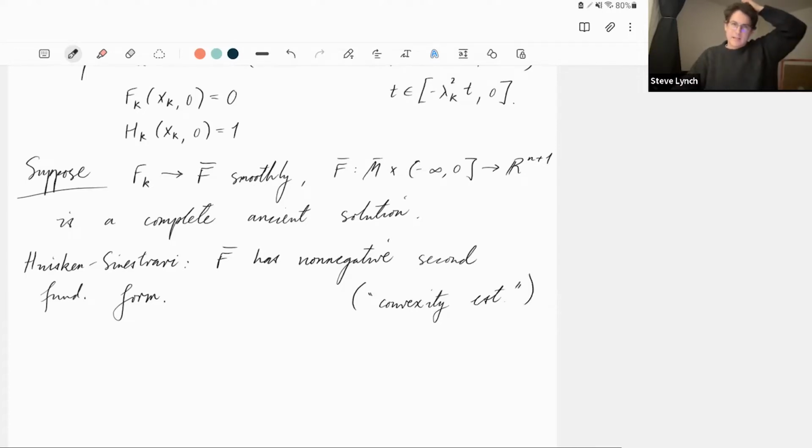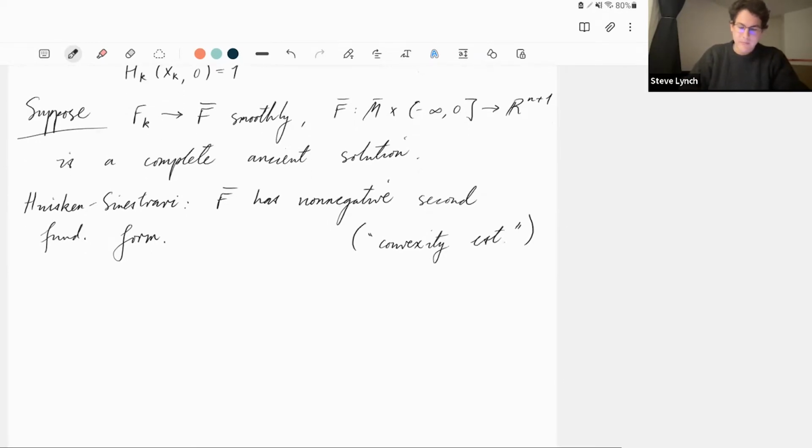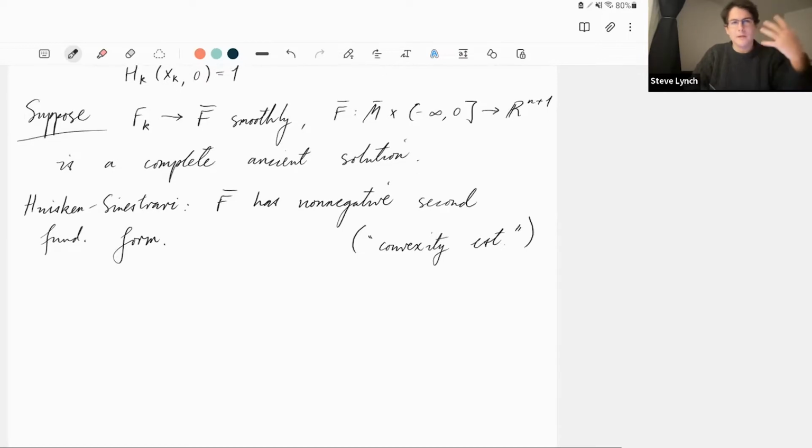But notice it doesn't quite tell us yet that our blow-up limit is actually convex, in the sense that at each time the hypersurface bounds a convex body. At the moment, we only know that the second fundamental form is non-negative, which is a strictly weaker condition. But if we assume a little bit more about the original solution, then we can conclude that this blow-up limit is indeed convex. And the way to do this is to say that our immersion F0 actually has positive scalar curvature, say, rather than just positive mean curvature. So if we assume this,